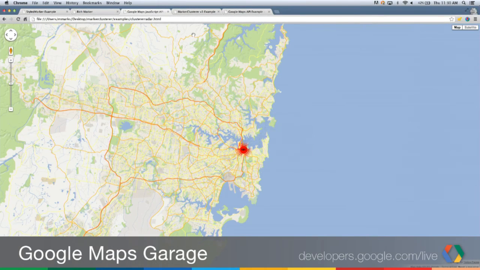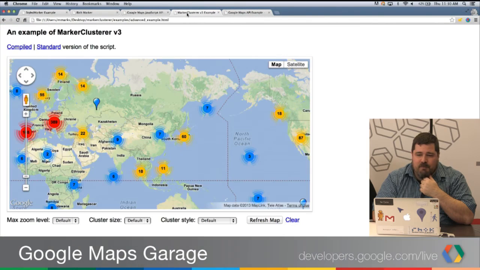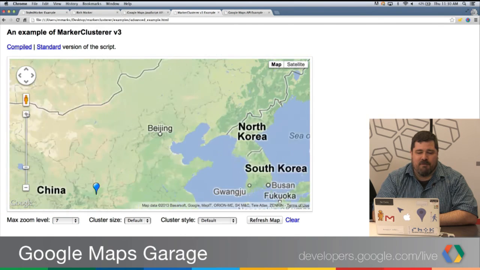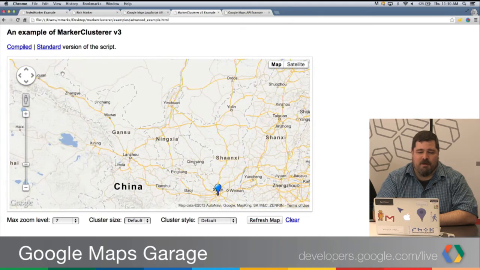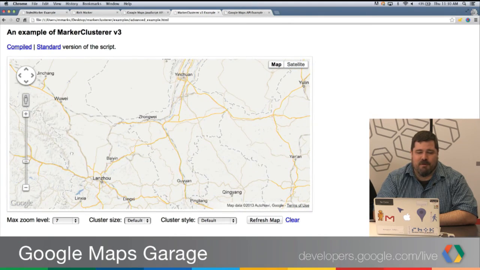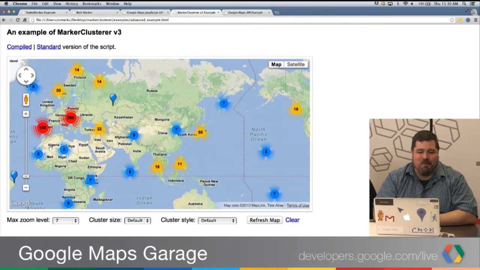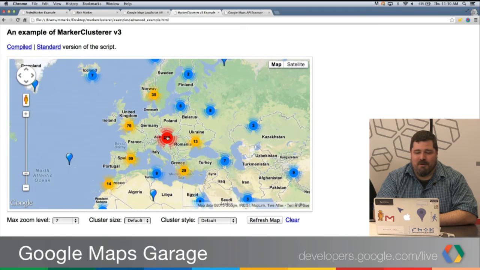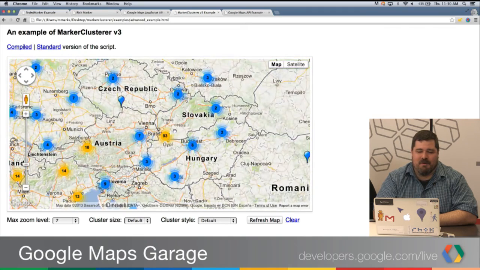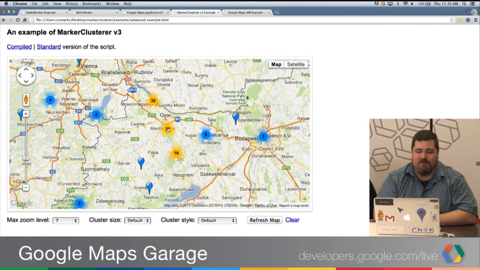There are some advanced options. I'm going to just do a quick example here. This is from the official utility library. You can actually set the max zoom level in which markers will be clustered. So if I set it here at 7, at a certain point, if I get down below 7, it will just automatically break up all the clusters. And I chose a bad area where there are actually no clusters. But if, for instance, I zoom in here,